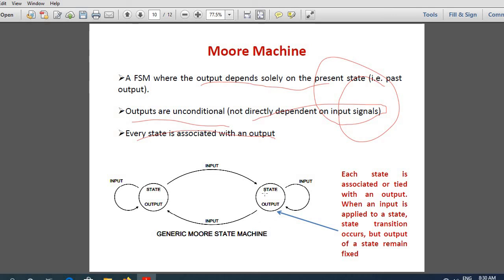I have two states represented by nodes. State transitions has only input. For Mealy model, you had the input-output pair. Here you have only the input on the links. So where will you write the output? The output will be written together with the state. So what is the meaning of this? Each state will be associated with an output. So this state can provide only this output. This state can provide only this output. That is the meaning of this. So this way of modeling a finite state machine is called Moore modeling.